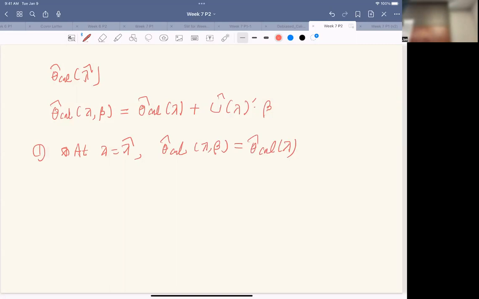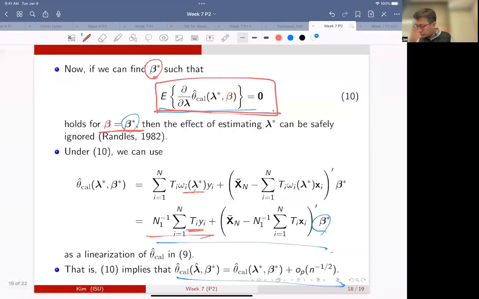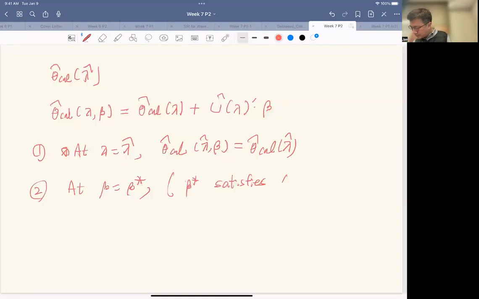So you can get equivalence. So that means you can get this one. Secondly, at beta equal beta star, where beta star satisfies the Randall's equation 10, then